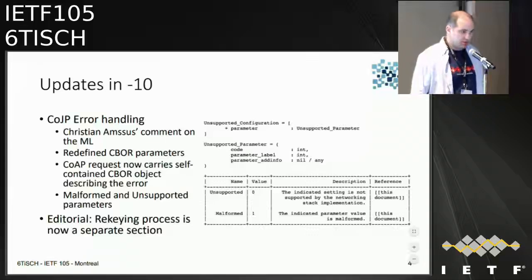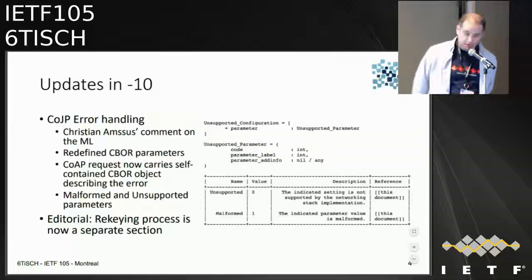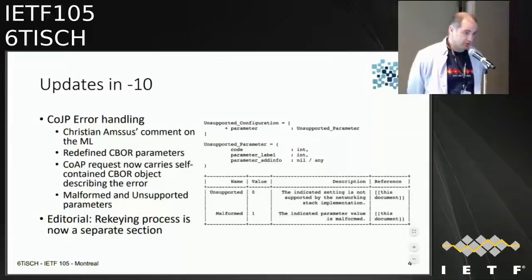So essentially what we did is that we redefined the CBOR structures that carry the parameters, and they now contain all the information for the error handling to occur in a stateless manner. So essentially, it works as before. If the processing of the join response fails, the subsequent join request will contain the CBOR unsupported configuration parameter that will include essentially what went wrong in a stateless